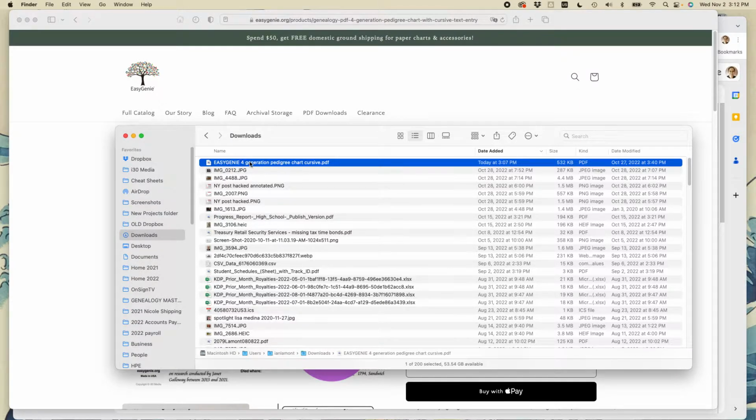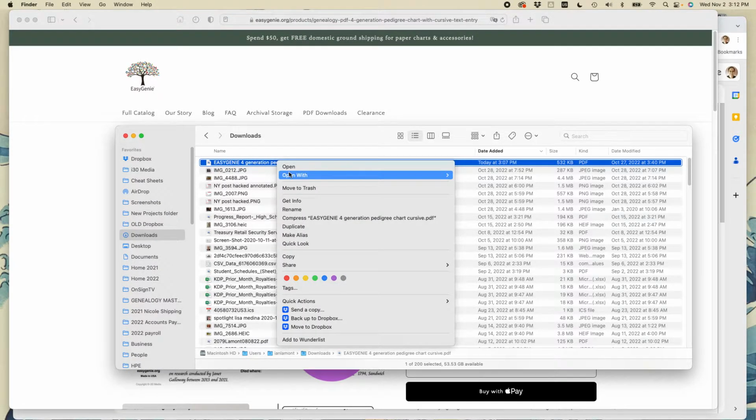Here is the PDF right here. It says Easy Genie 4-generation pedigree chart cursive PDF. Now what you want to do is make sure that you open it up in the correct program. We always recommend using Adobe Acrobat Reader. It's a free program to open and edit and save the PDFs. So if you see this in your downloads folder, make sure that you right-click on it and then open with